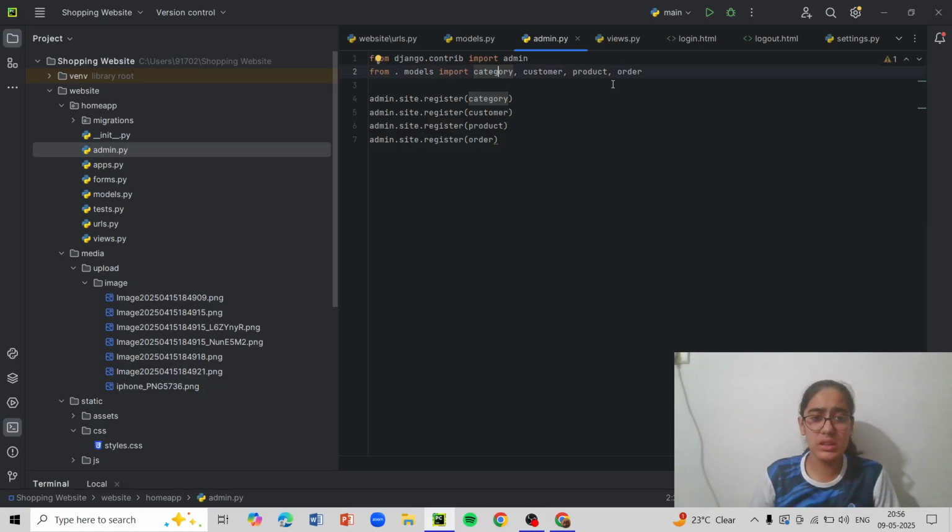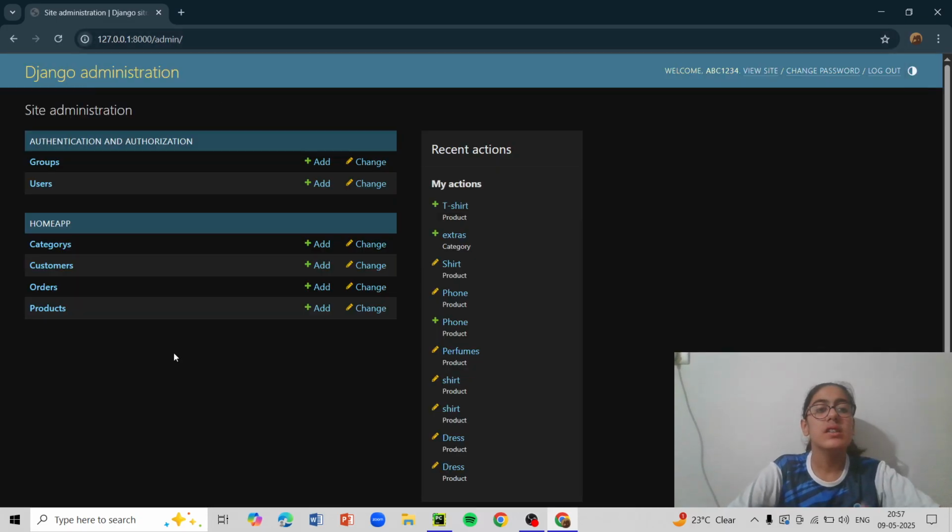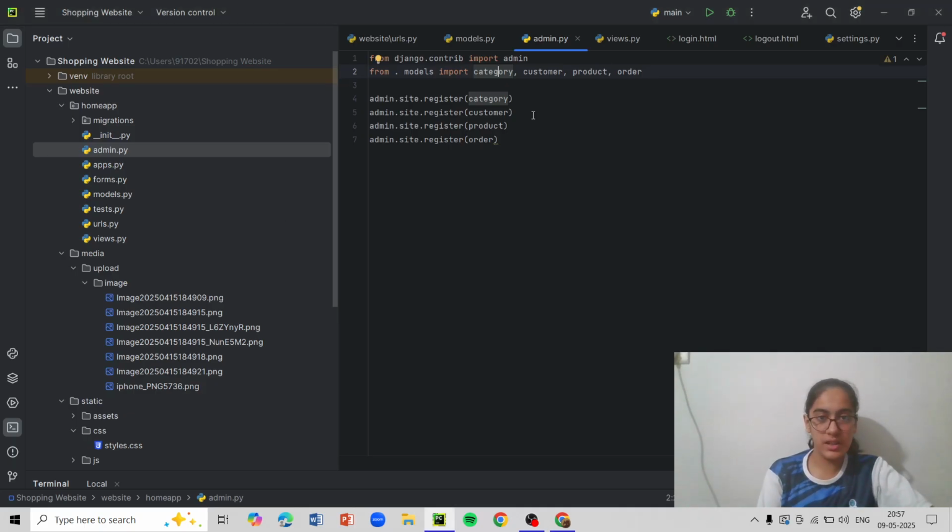And then what you've got to do is admin.site.register(Category), admin.site.register(Customer), and so on. What this does is it registers this model, this class of ours, makes it into an object and registers it into the admin page. You realize what I'm saying? This admin page, I'll show you once more, slash admin. These category, customers, orders, and products don't come on their own. We've got to register them over there. So this is what we did to register it.